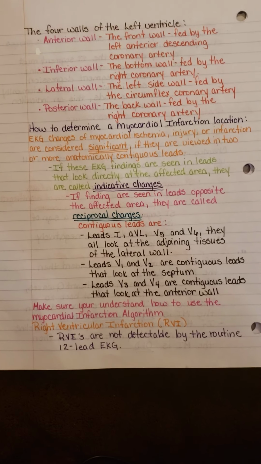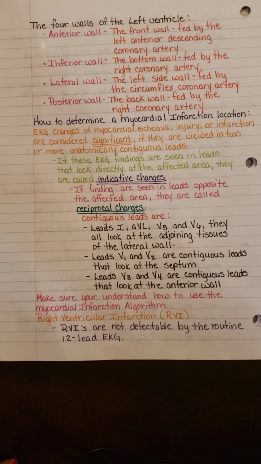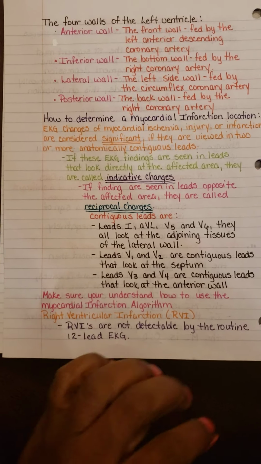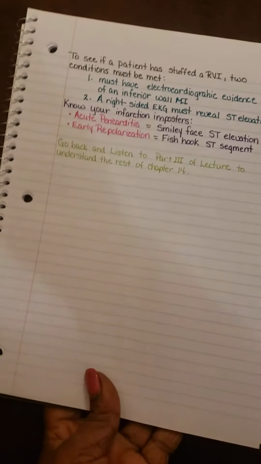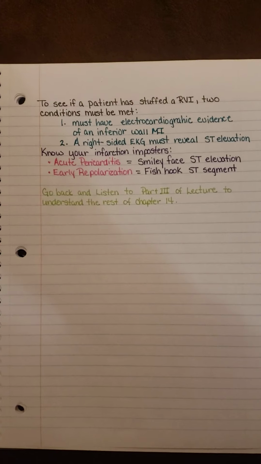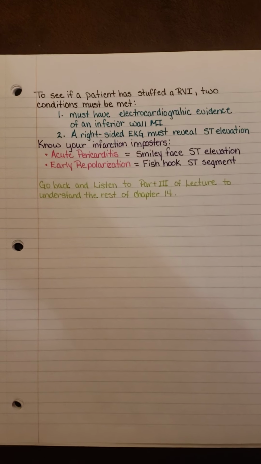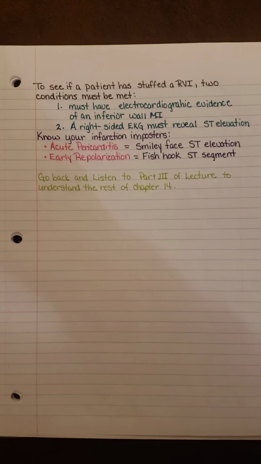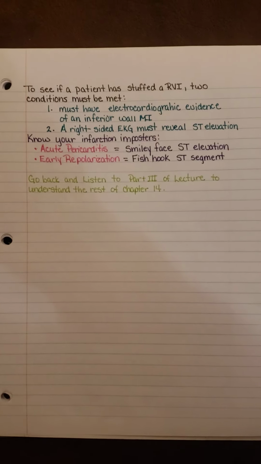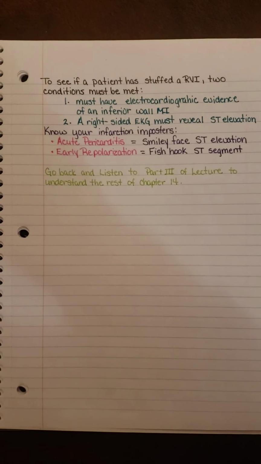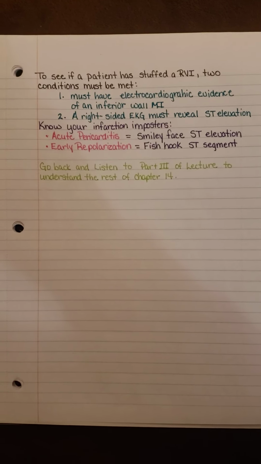Also, how you can determine if you have a left ventricular infarction. And this is how you can tell. Know your infarction imposters, how you can tell if it's an acute pericarditis or early repolarization. And for the rest of chapter 14, just go back and listen to your chapter 3 lecture that I had